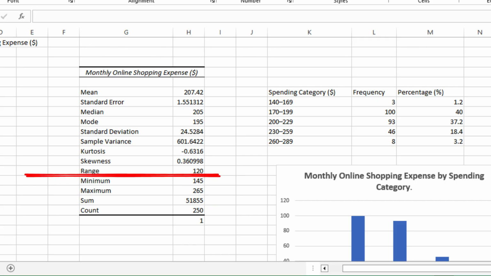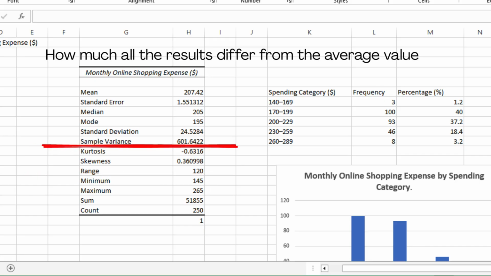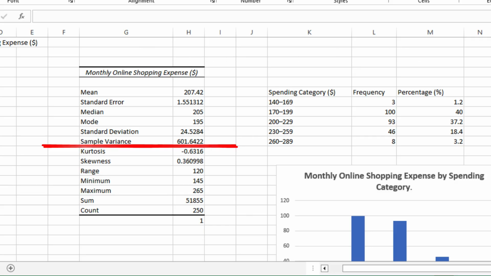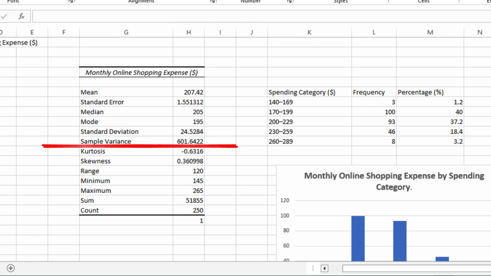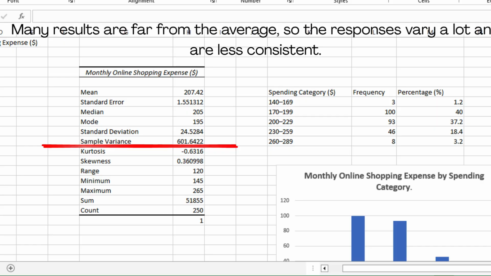A small range means your results are close together, while a large range means there is a big difference between the smallest and largest result. Variance shows how much all the results differ from the average value. A small variance means most of your results are close to the average, so the responses are fairly similar. A large variance means many results are far from the average, so the responses vary a lot and are less